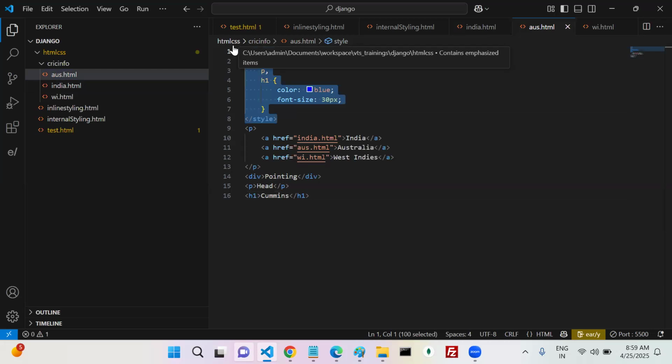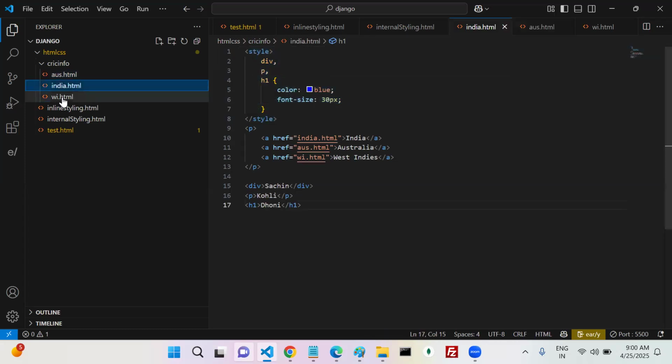You written the duplicate code at which level? Element level or file level? You written the duplicate code at file level. See, Australia.html, this one. India.html, this one. West Indies.html, this one. You written the duplicate code at file level or not? Okay, now they said, hey,